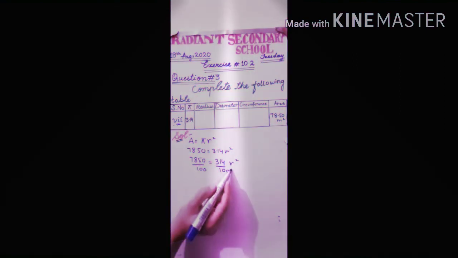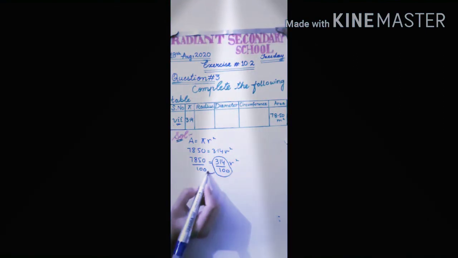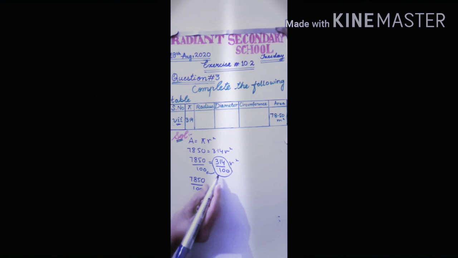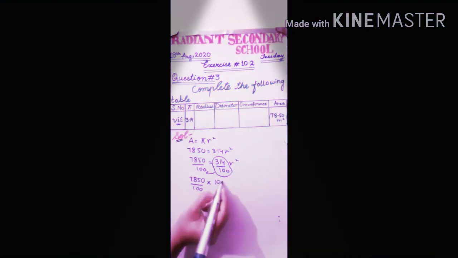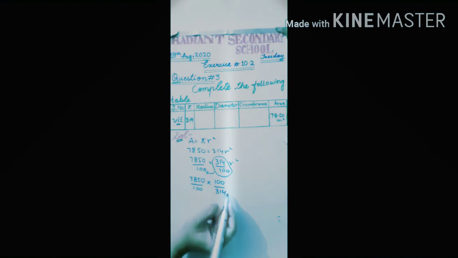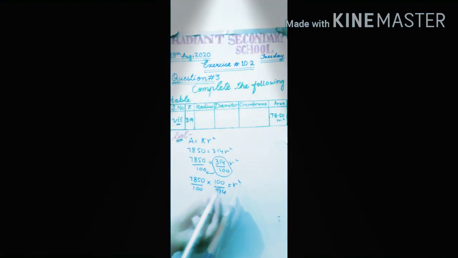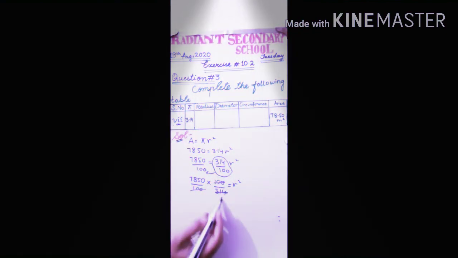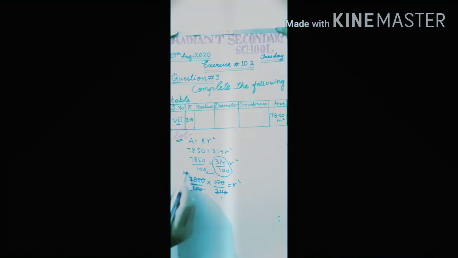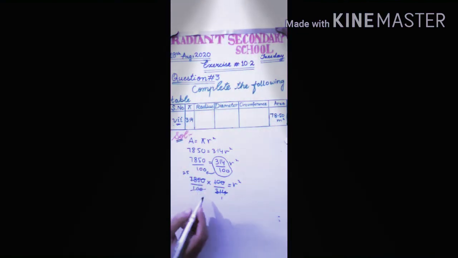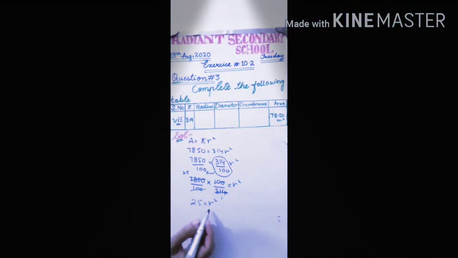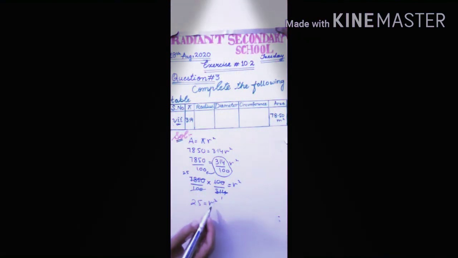Now we can take that whole fraction to the other side, it will become 7850 over 100. It will become the reciprocal, okay? 100 over 314 equals r square. Now this 100 can be cut with this one, and 314 ones are 314, 314 25s are 7850. Now 25 equals r square. We need r because r is the radius. R square is not the radius. That's why we have to remove this power from there.